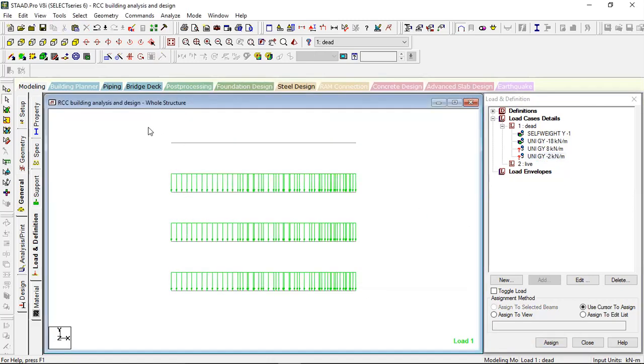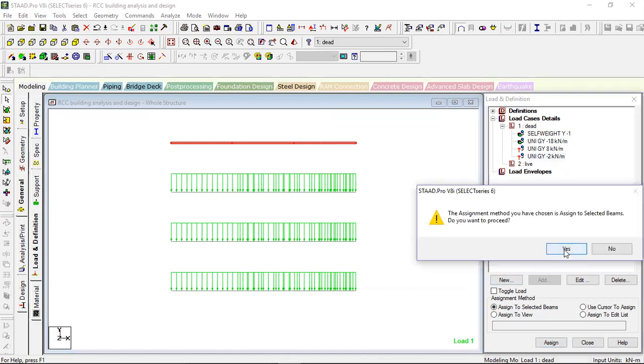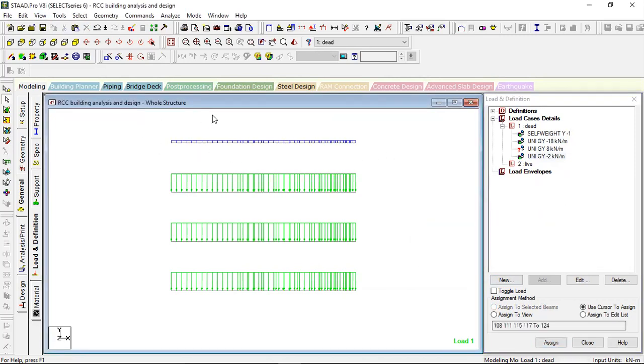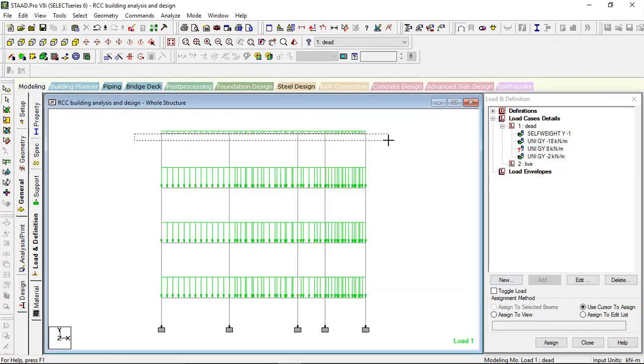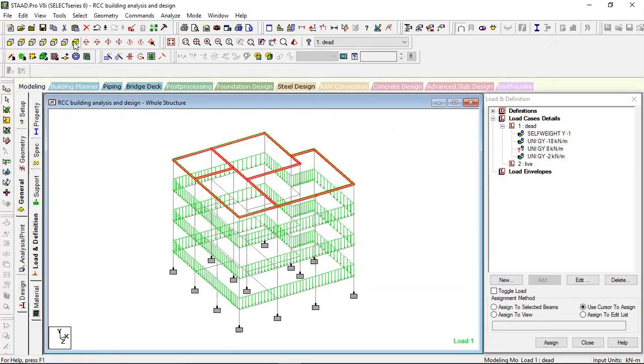Now I will select it and click on parapet load, then click assign and okay. So this is the parapet wall load. Go to display whole structure. Now we need to apply the partition wall load. Again, partition wall load will not come on the top floor.